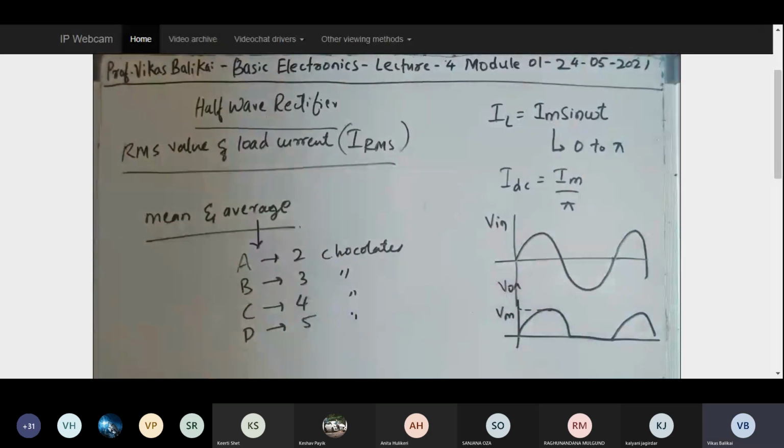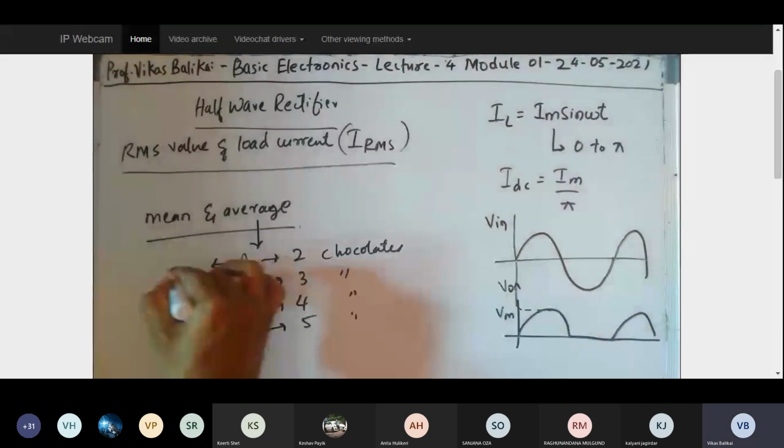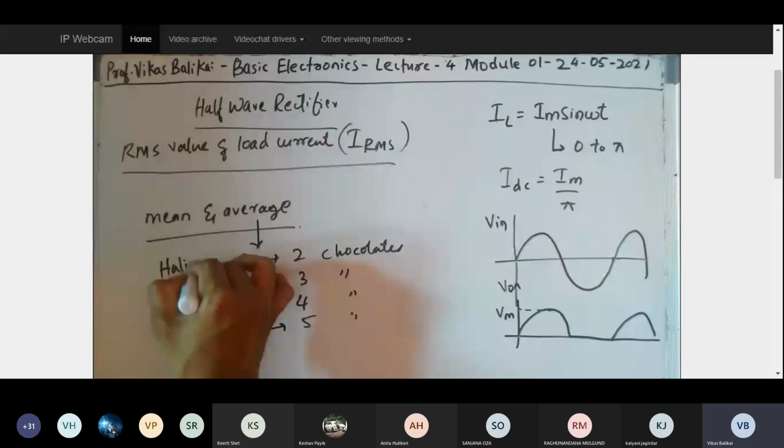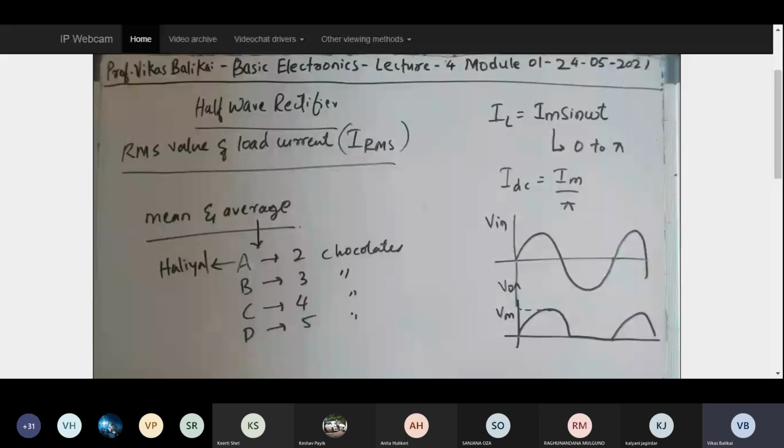Now let's say the students living in Haliyal are having two chocolates, the students living in Dharwad are having three chocolates, the students living in Hubli are having four chocolates, and the students living in Belgaum are having five chocolates. Now, if I ask you what would be the average number of chocolates that each student is having,